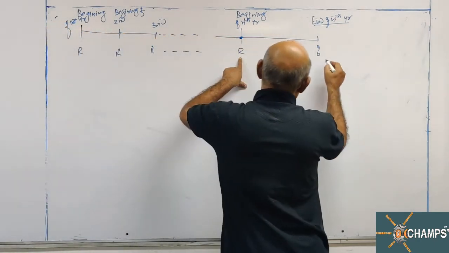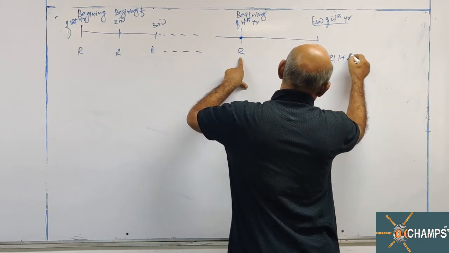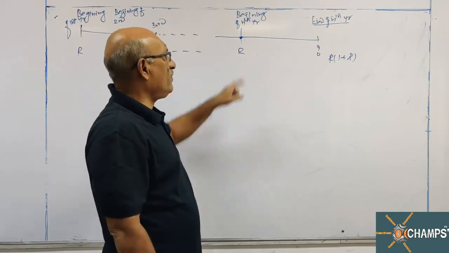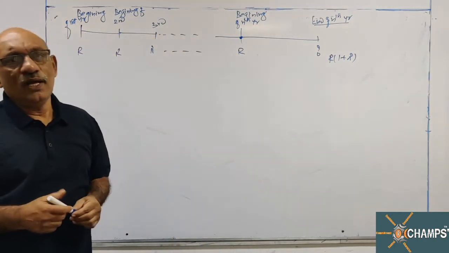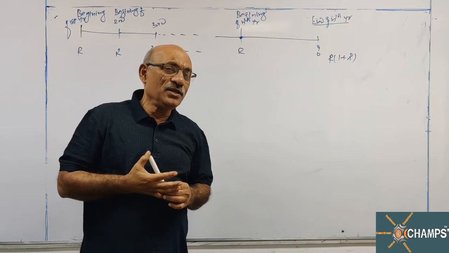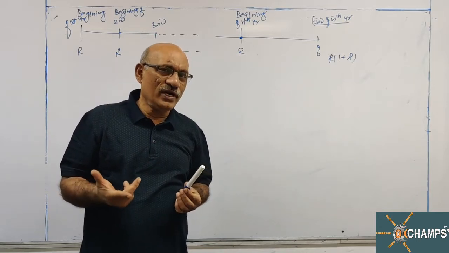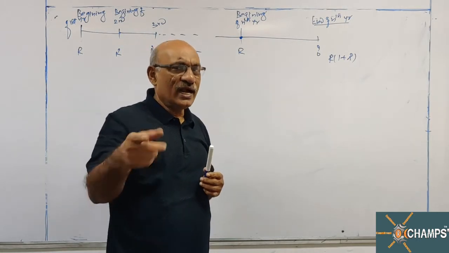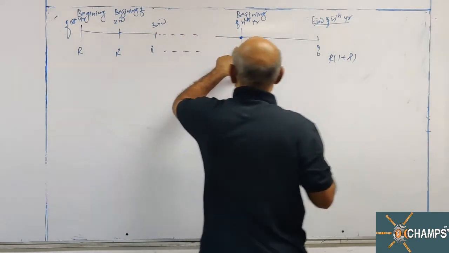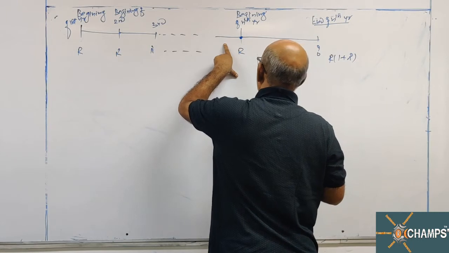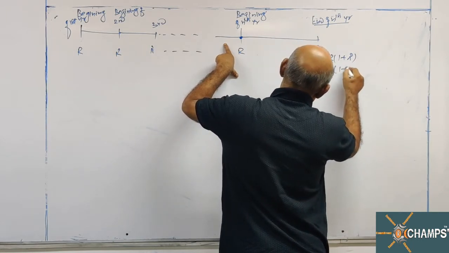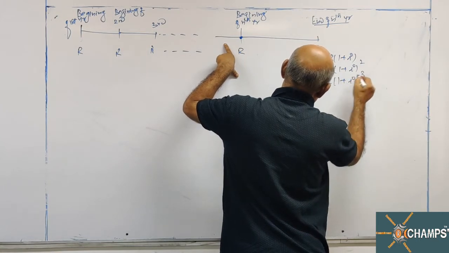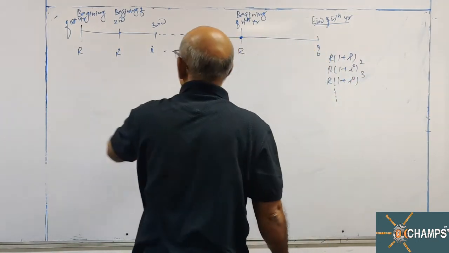It is in the bank for how many years, sir? 1 year. So, it is R into 1 plus I, because as we know in annuities, interest is always compound interest. So R rupees of mine will become R into 1 plus I at the end of 1 year. Preceding to this, one more payment was given by you. It is in the bank for 2 years. 1 plus I whole power 2, etc. This way if I proceed.